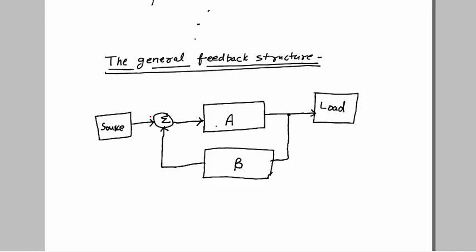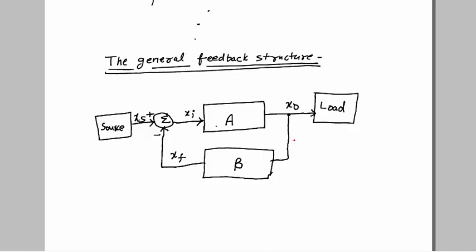Now we are talking about negative feedback. So the feedback signal xf will be subtracted from the source signal xs, and the input xi, which is the difference of xs and xf, will be given to the amplifier, which will produce the output x naught, which is sampled, and through the feedback network beta, it is going to the input. So this is the general structure of a feedback amplifier.